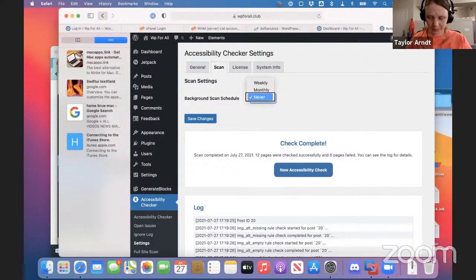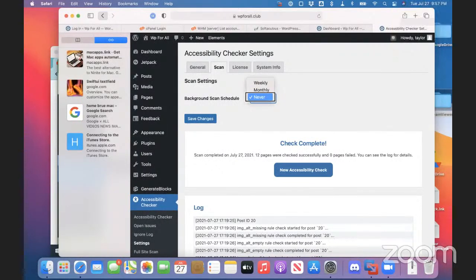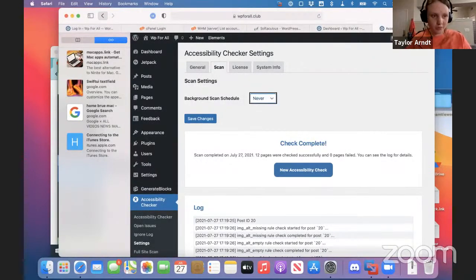And caps lock and space will check those. Or VO space will open those. Sorry, not check them. We don't check combo boxes, last time I checked. That would be a little bit weird, wouldn't it? Definitely. Weekly, monthly, checkmark, weekly. All right, so that's a good thing there. Closing menu. Save changes, button. Okay, so we did that one.